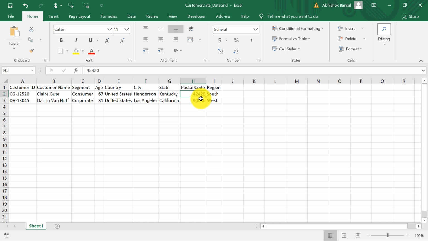You cannot say that this number is greater than this number, nor can you add or subtract these numbers. It won't make any sense if you subtract this postal code from this postal code. So these should not be considered as numbers.